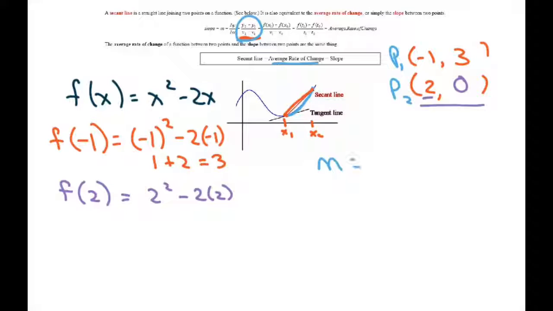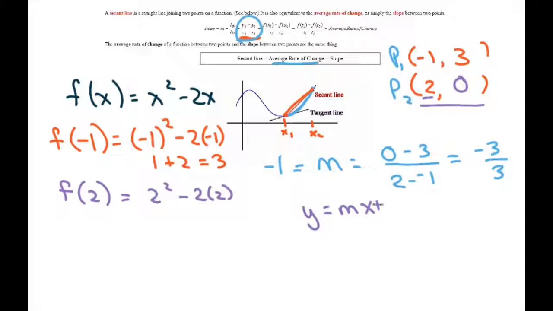So our slope is 0 minus 3 divided by 2 minus a -1. That equals -3 over 3, so that equals -1 is our slope. Now when you write y equals mx plus b to find our equation of the secant line, we'll just plug in our slope